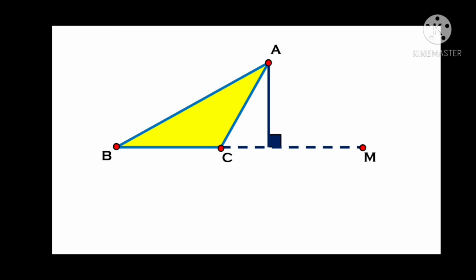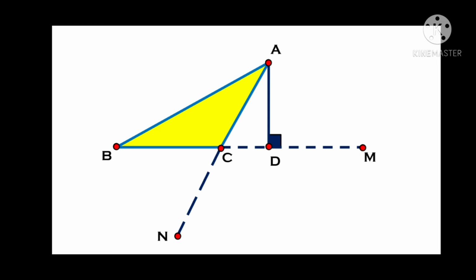So BC has been extended to M. Now you can see we have dropped a perpendicular from A to the extended BC. Let it meet at point D. Now similarly for the side AC, any perpendicular drawn at the side AC should lie within this range. As you can see, within this rectangular area it should be there, but the point B comes out of the range. So for this case also we will extend the side AC, let it be up to point N. So we have extended AC up to N.